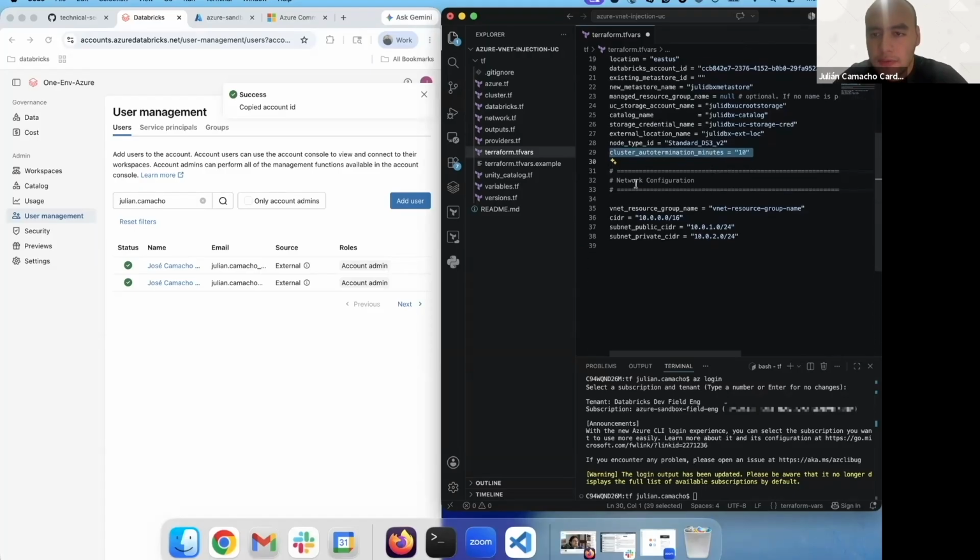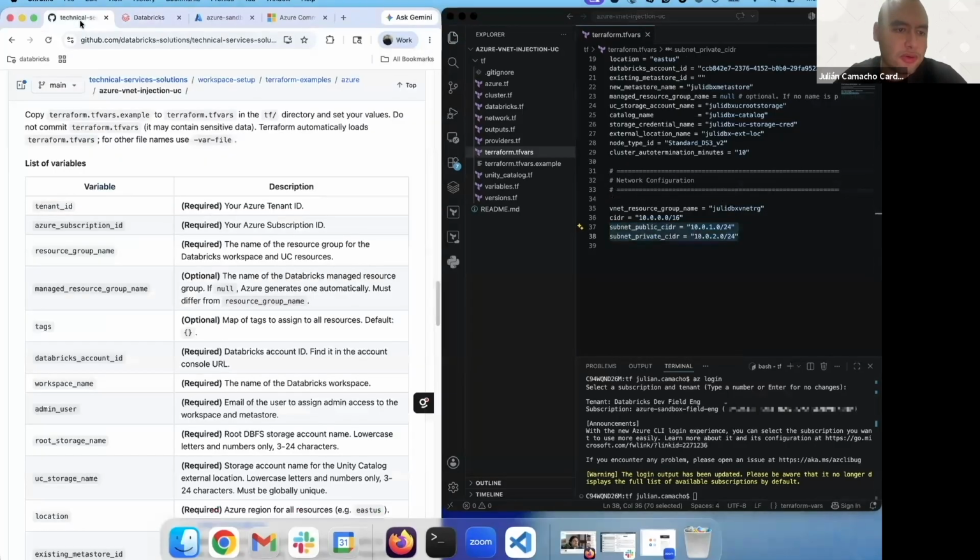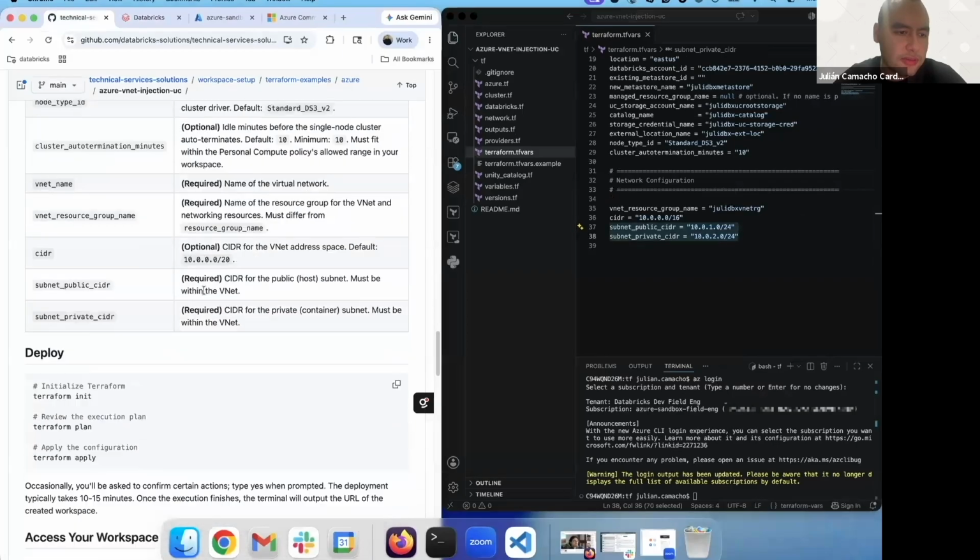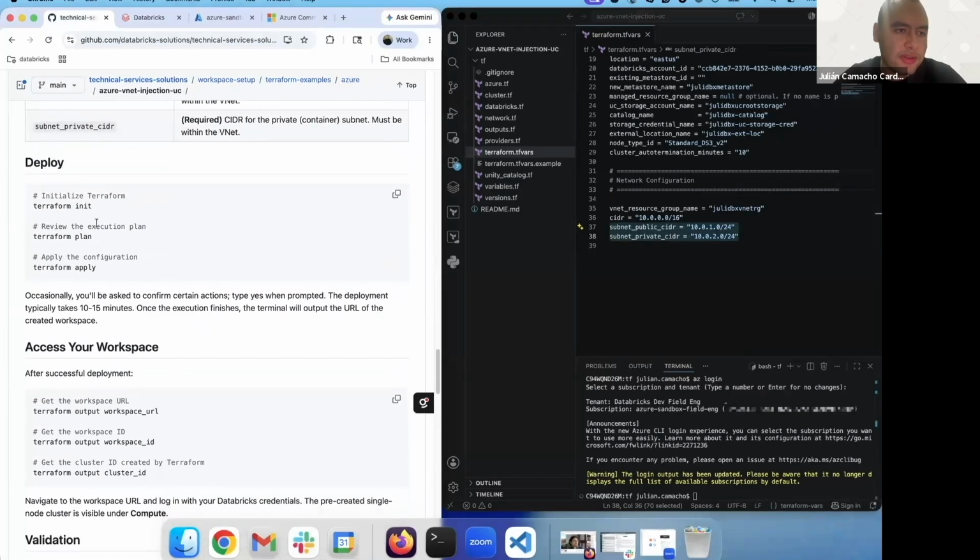Network configuration, VNet resource group name. I'll call it fully dbx VNet RG. This will be the size of the VNet, and this will be the size of both subnets Databricks is going to use. Make sure you save the changes to this file. There we go. And let's go back to the README file, just scroll down, and we're now on the deploy